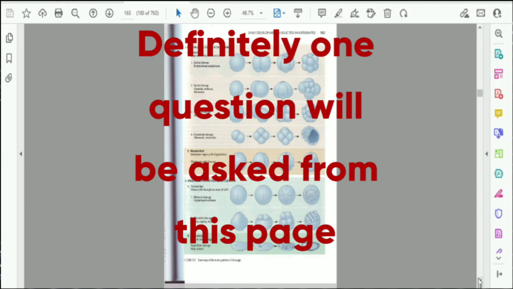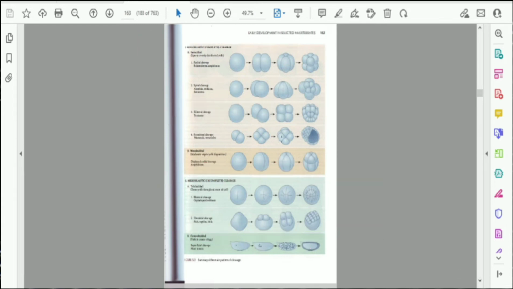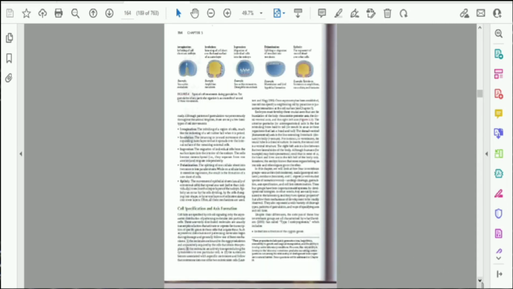You take a printout and stick it on your mirror. This will help you recall the concept, everything. You don't need to mug up this diagram. If you have the time, you can mug it up, but study the different types of cleavage and an example of each. Amphibian means displaced radial cleavage, fish means discoid cleavage, like that they'll ask.